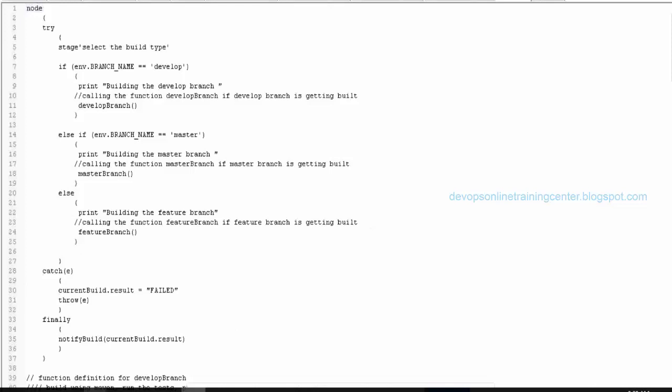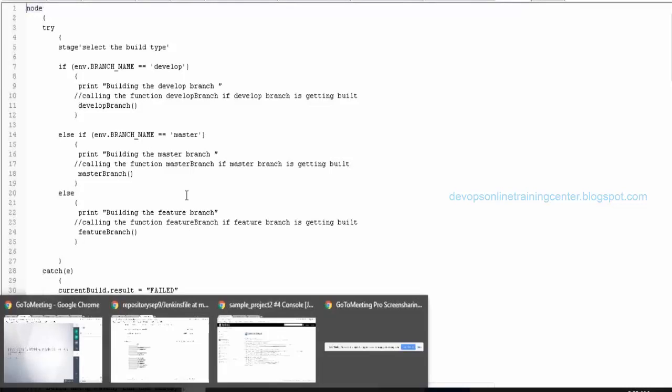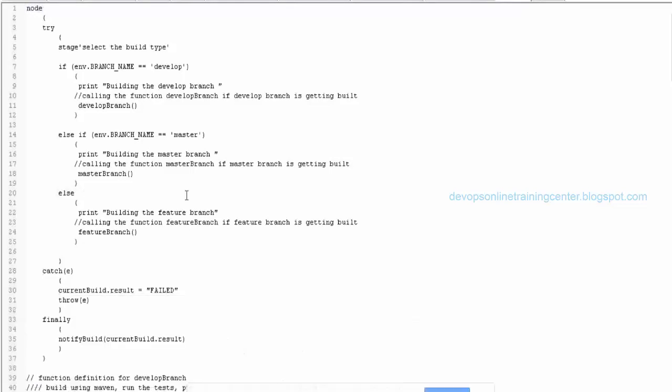Hey, Santosh, to send emails from the Jenkins server, what are the dependencies? Do we have to install any additional packages on the Jenkins server to send emails? Like in Windows, you have to install SSL Relay, right?